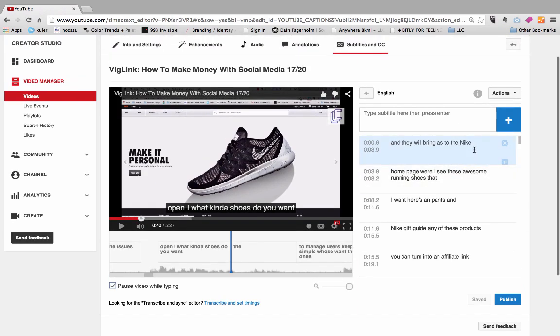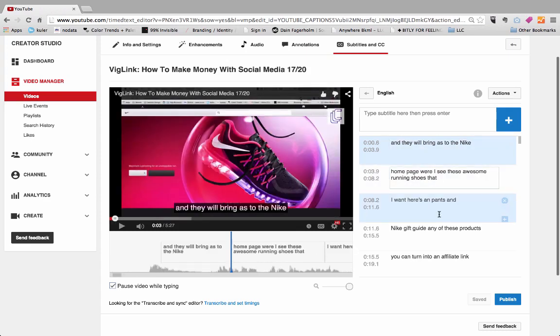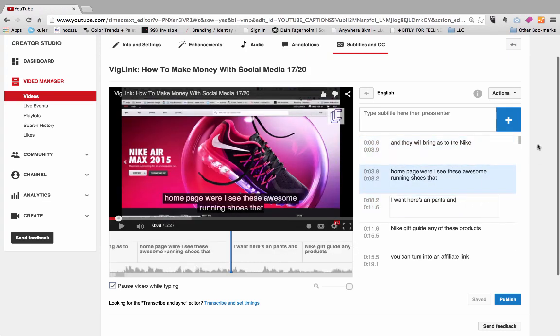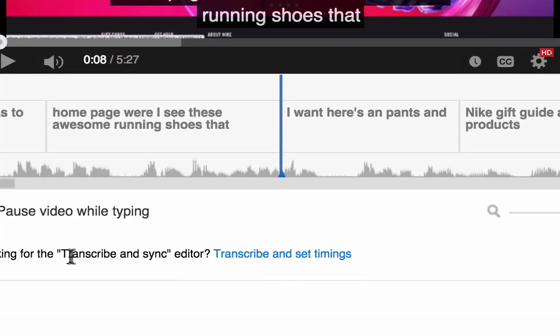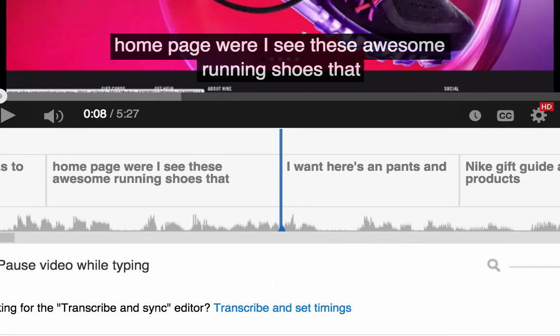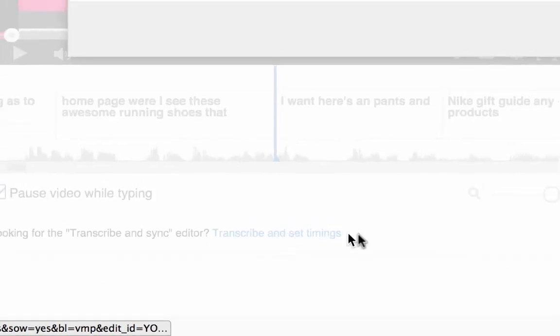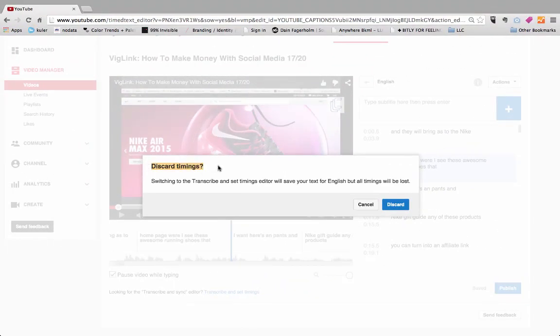So instead of going through here and fixing everything one by one, we want to jump into the transcribe and set timings, and that is a little link down here that you see. Looking for the transcribe and sync editor, and we can only get this option once we have our transcript, and then we click on the edit button, and then from here we go to transcribe and set timings, and then yes, we want to discard the timings because their timings suck and we want to make it better. So we're going to discard it,